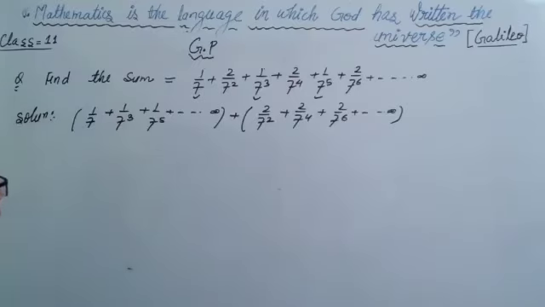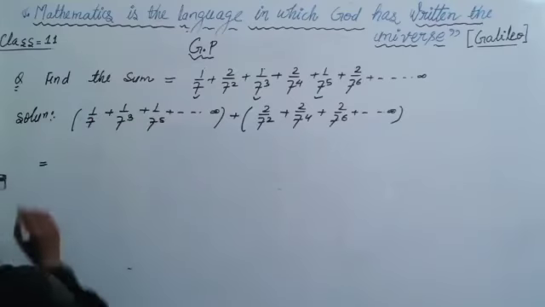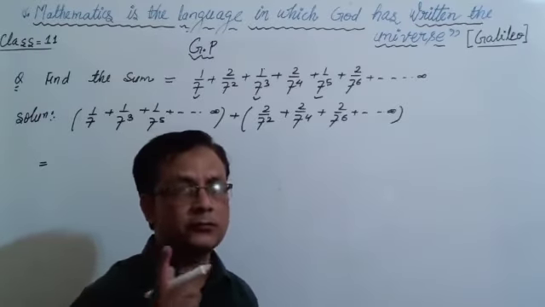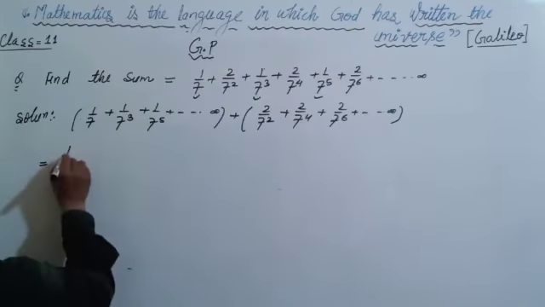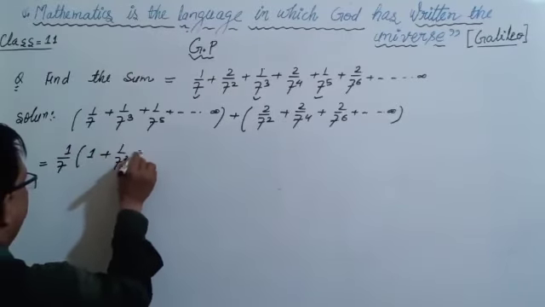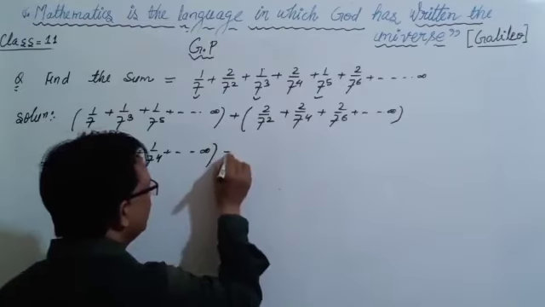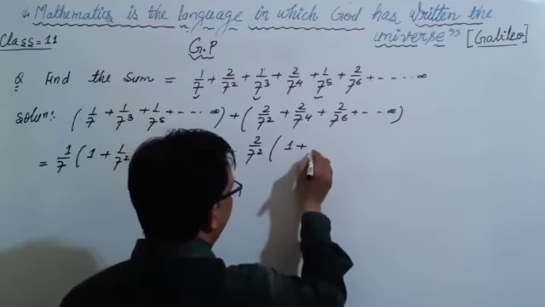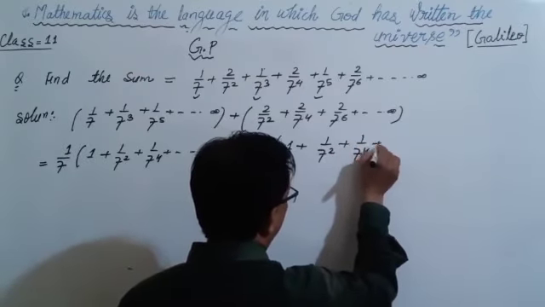Okay. So if we see clearly, 1 upon 7 is common in the whole series. In the previous question I already told you to always make the first term 1. So if we take 1 by 7 common, our first term becomes 1. So here we get 1 plus 1 by 7 square plus 1 by 7 to the 4 up to infinite. And here also we see that 2 by 7 square is common. So in the bracket this is 1 plus 1 by 7 square plus 1 by 7 to the 4 up to infinite.